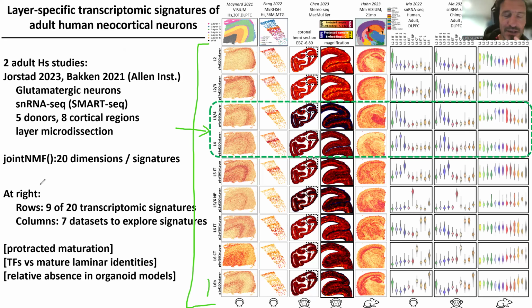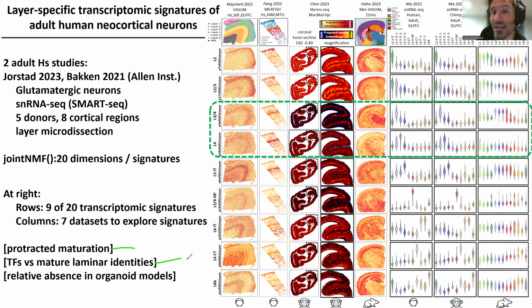So a few notes that I'll cover in more depth in other talks before I move on to the next slide. These signatures take many years and even into the first decade of life to reach their maximum levels in the human cortex. So in other developmental data sets, we take these adult signatures and look at them emerge, and it takes them a long time to come up. And that is in stark contrast to some of the master TFs, the master transcription factors that drive laminar identities in development, which are high very early in fetal life and actually come down over fetal development as these maturity signatures that we're looking at come up.